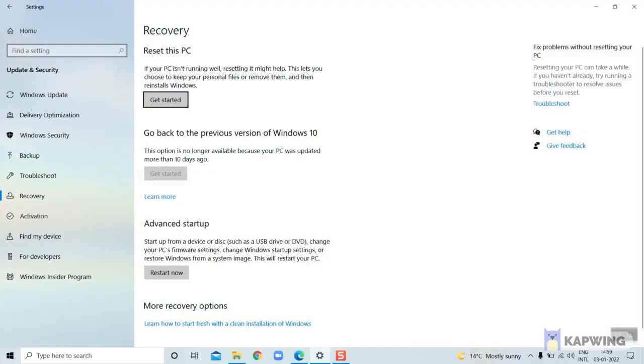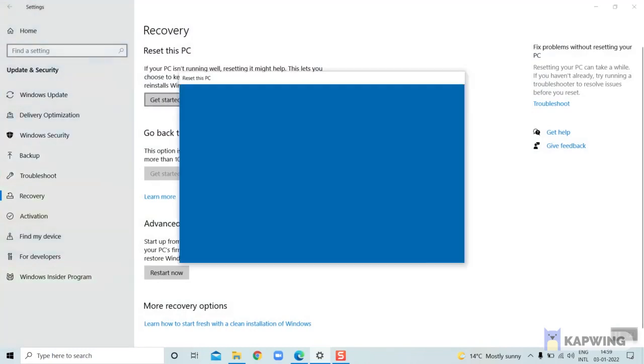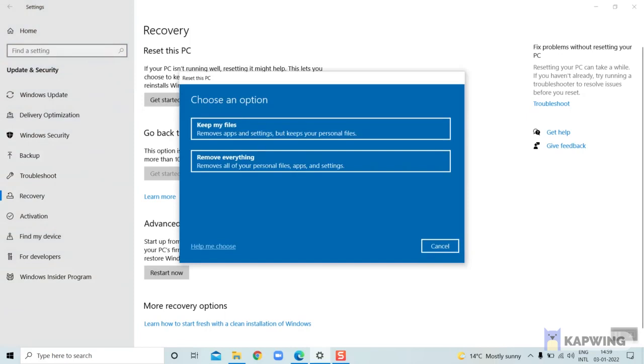This opens up the recovery view, and right up here you can reset your PC. When you click on get started, you can decide to keep your files on your PC, or you could simply remove everything and start from scratch. All right,